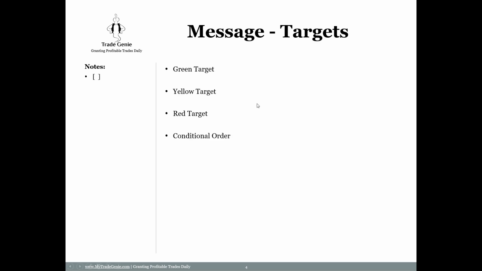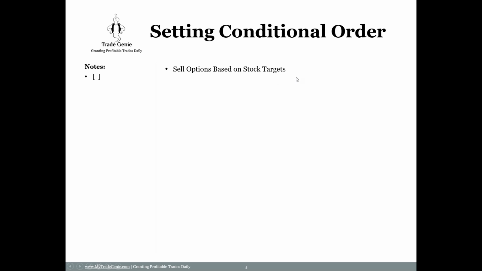But once you receive green, yellow, and red target, then you can set the conditional order. Eight, ten years ago, people didn't understand. Now I think everybody understands, but I'll just explain what is conditional order. On TradeStation, it's called activation rule, meaning sell my option contract based on certain conditions. So the condition could be the stock hitting this target. When the stock hits this target, sell my open option contract, whatever was the last price. So if the liquidity is good, you will get hit by the proper bid and your order will be closed. So that is called conditional order. So sell option based on stock target.